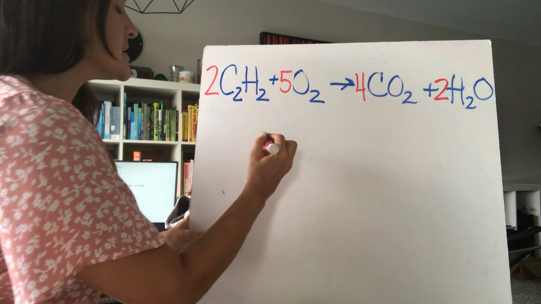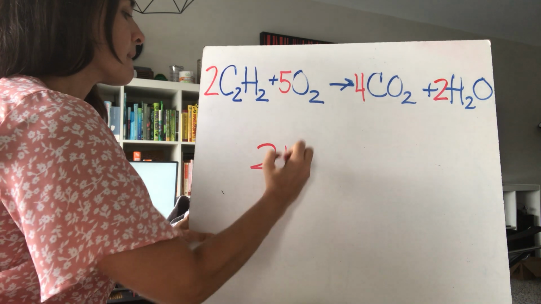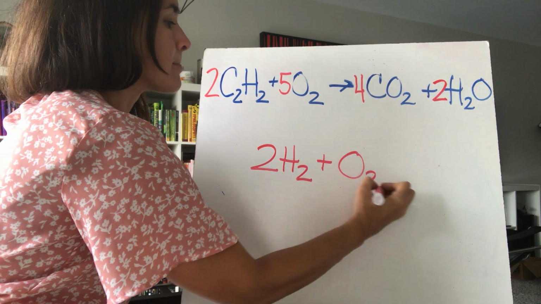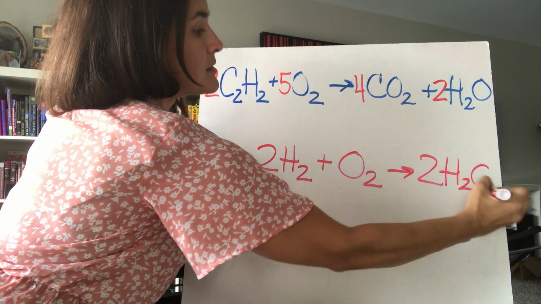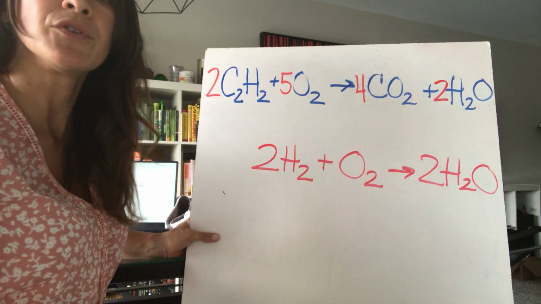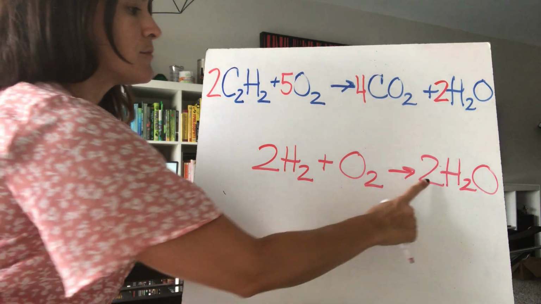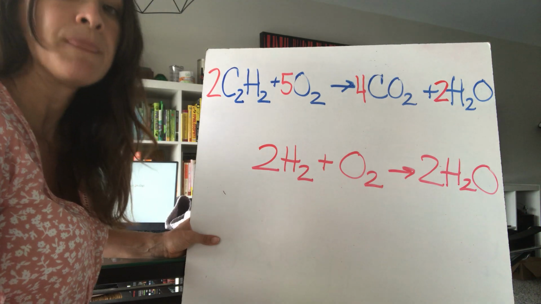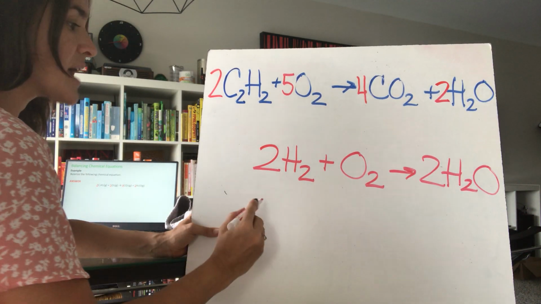If I had, for instance, the formation of water, this is the correct balanced equation for the formation of water. We have 4 hydrogens here, 4 hydrogens here, 2 oxygens here, and 2 oxygens here. But let's say that in solving this balanced equation, I actually solved